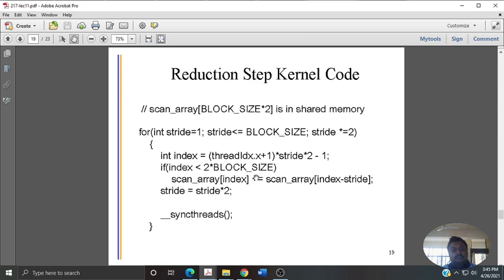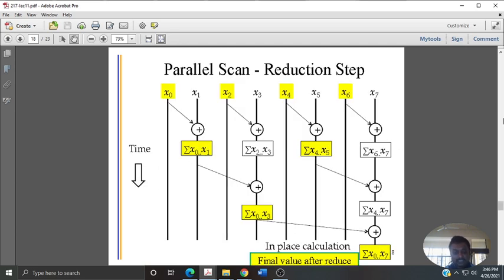So the index, the number of elements, is well within the block size or 2 into block size. The number of elements you have considered, you have scanned after you have computed, then you are going for scanning. So scan index minus stride. So stride is 2 elements apart, 4 elements apart. Whenever you are saying that, that is computed over there, and stride increases. So initially it is 1, then 2, 4, 8, and so on. Whenever you want to go to the next iteration, the stride is increased. Until then, all the computations with respect to that particular current stride have to be completed.